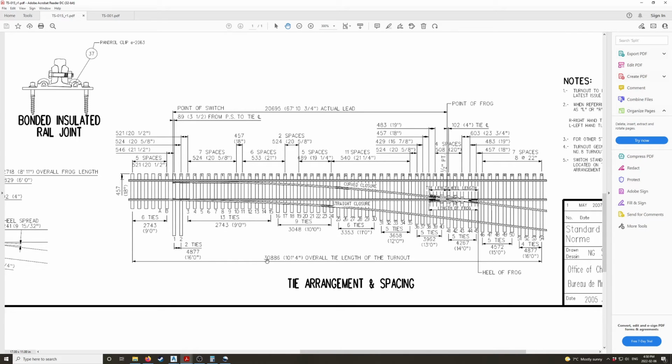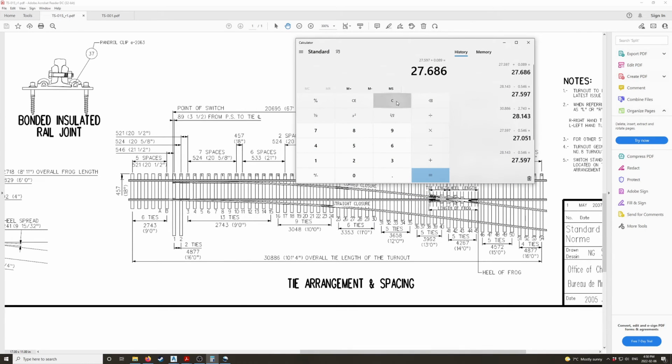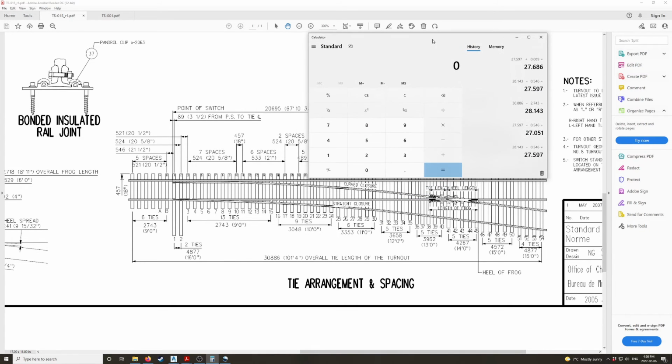So to start that off, we're going to start with 30.886, and then we're going to have to do 5 spaces at 0.521, which would be, I'm going to just use my phone here, 0.521 times 5 is